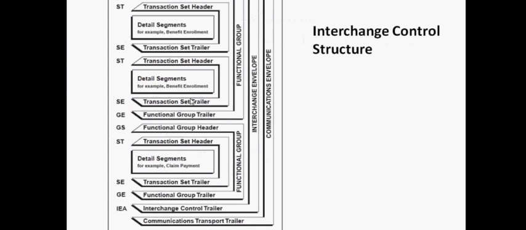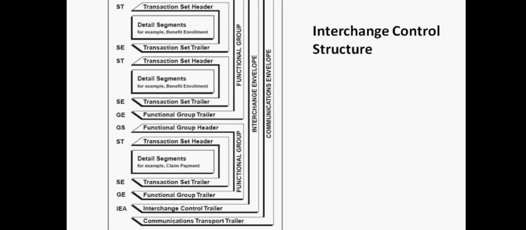So this picture was the exhibit. What you're looking at is how a transaction is organized. For example, on the outside it's called interchange control, the ISA segment. Okay, and within that there's a